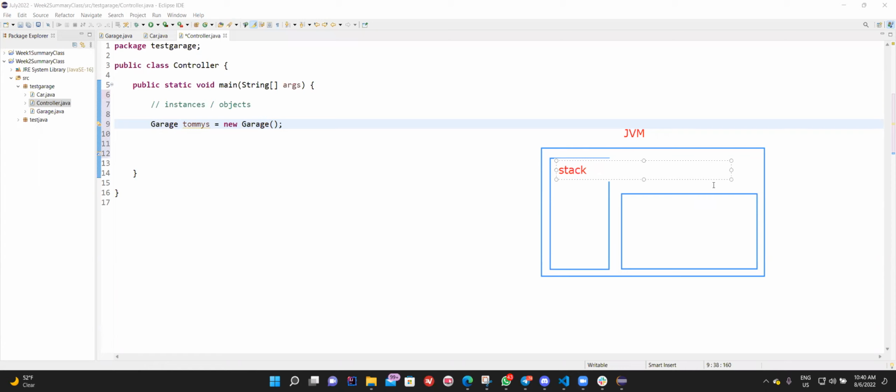Stack memory. Another one is called heap memory. I'll talk about stack later on. But for the heap memory, what is exactly happening? What's exactly happening here is that as soon as the controller code gets executed, in the heap memory,